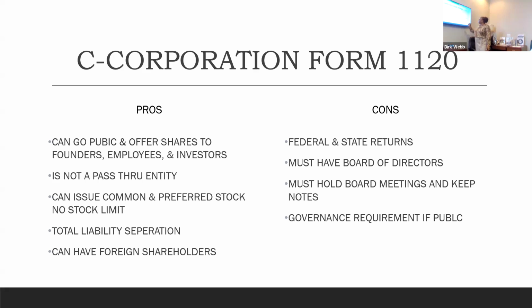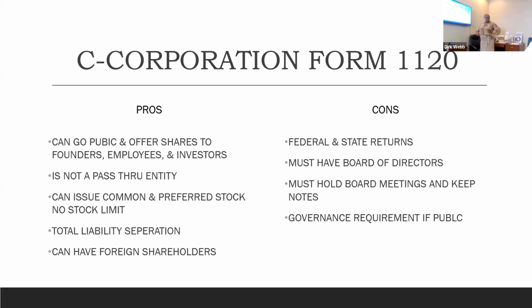But with this one, you must have a board of directors and your articles of incorporation. For the other one, you could be the only one on the board of directors, but this one, you actually need a whole entire board, segregation of duties, and so on. So you need the president, vice president, treasurer, secretary.